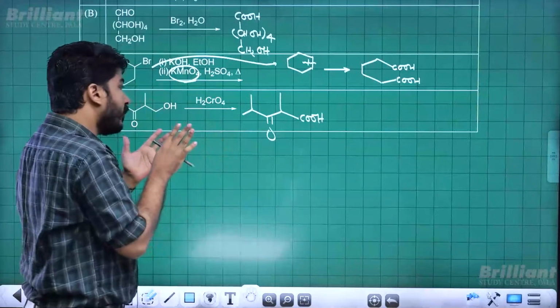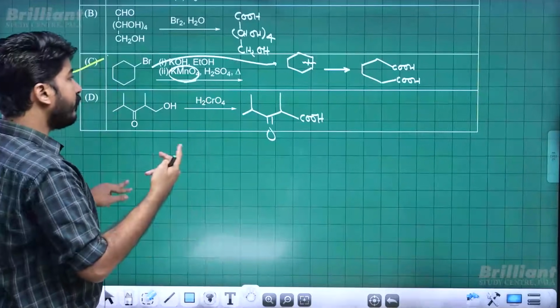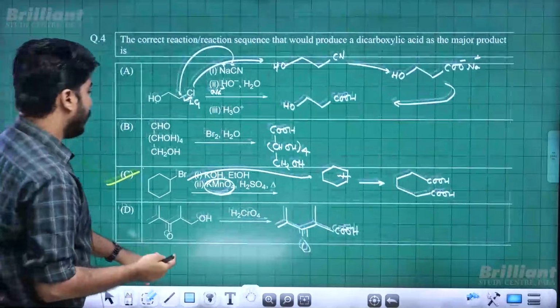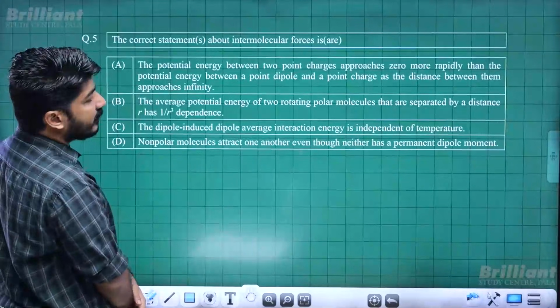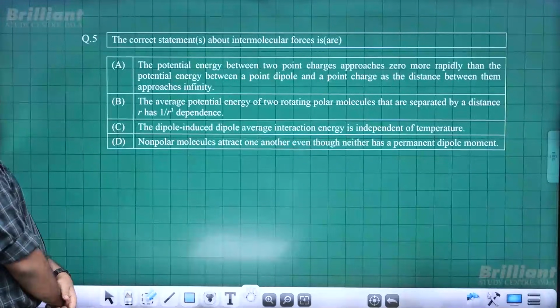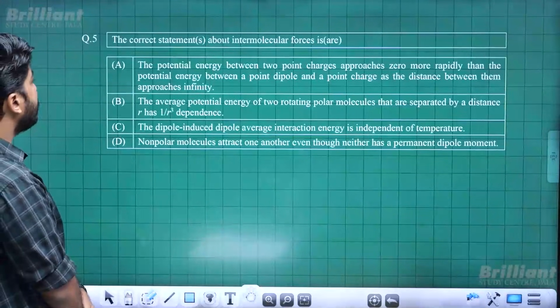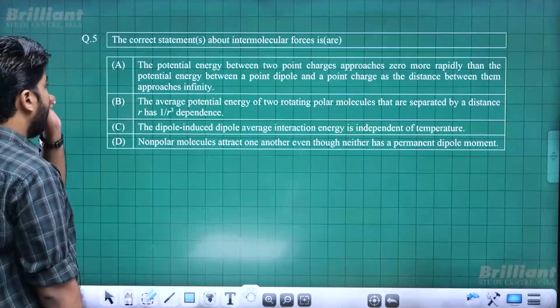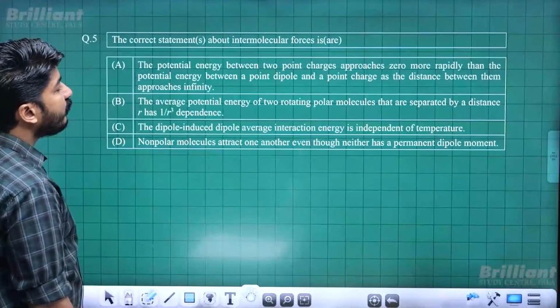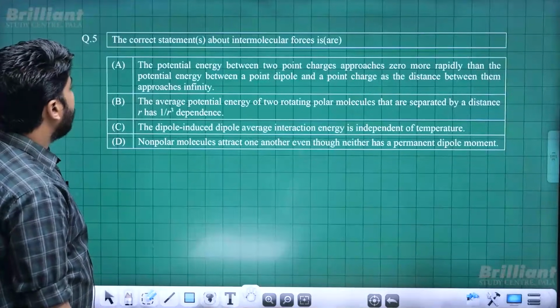So it is in no way going to give us a compound having 2 carboxyl units. So undoubtedly our answer is option C. Now this is a section in which one or more correct options would be present. The correct statements about intermolecular forces: the potential energy between 2 point charges approaches 0 more rapidly